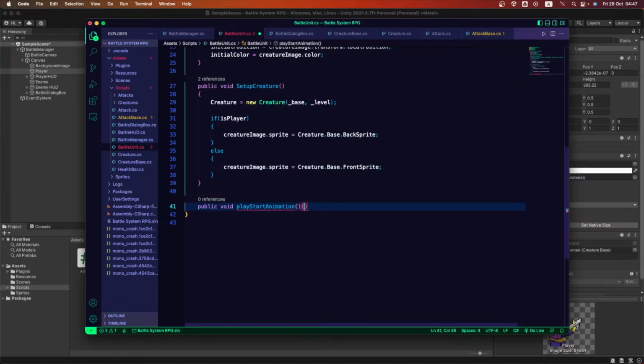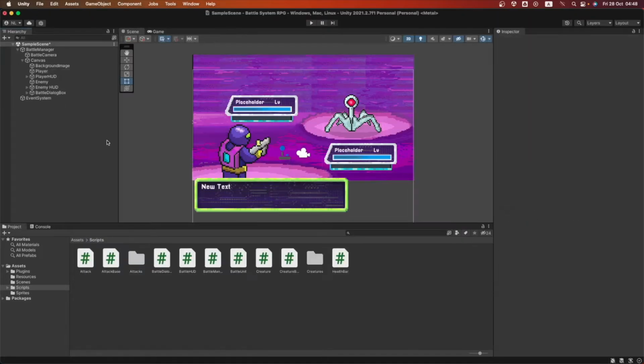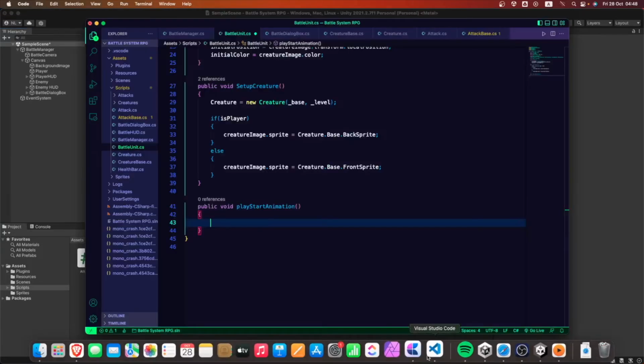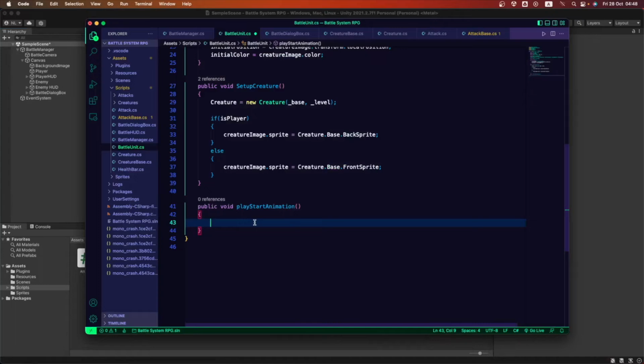It's gonna be void, and inside of it we're gonna be adding the attributes of this animation. But remember, if we have a player, the player comes from here, from the left, and if we have an enemy, the enemy comes from here, from the right. So both of these are gonna have different attributes. So let's go back into VS Code and let's start with this.